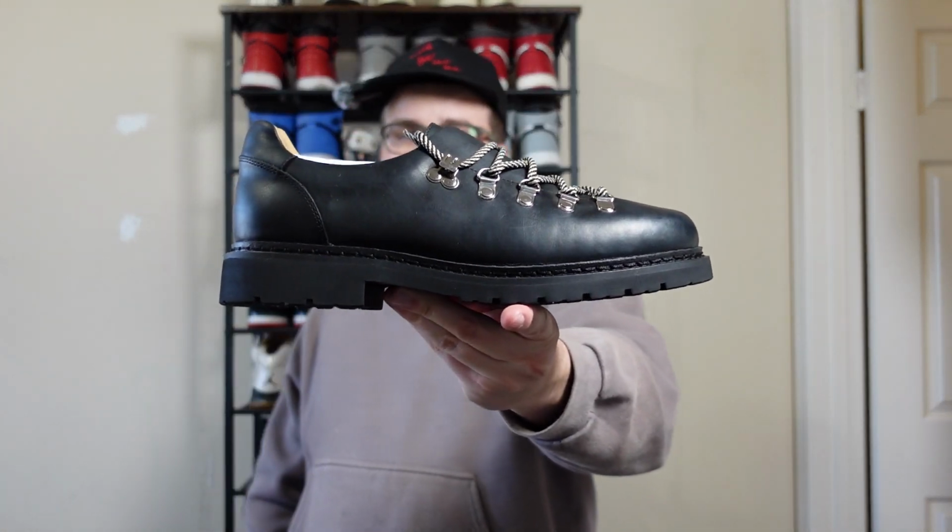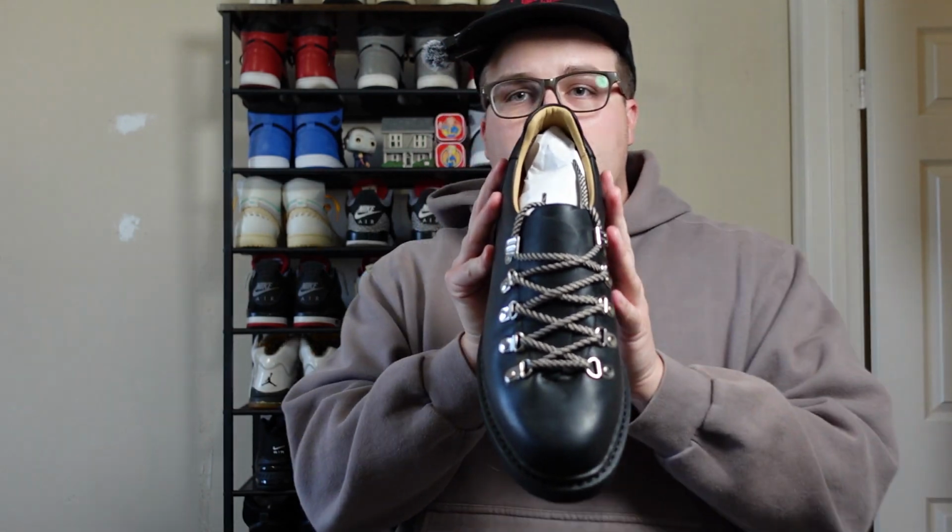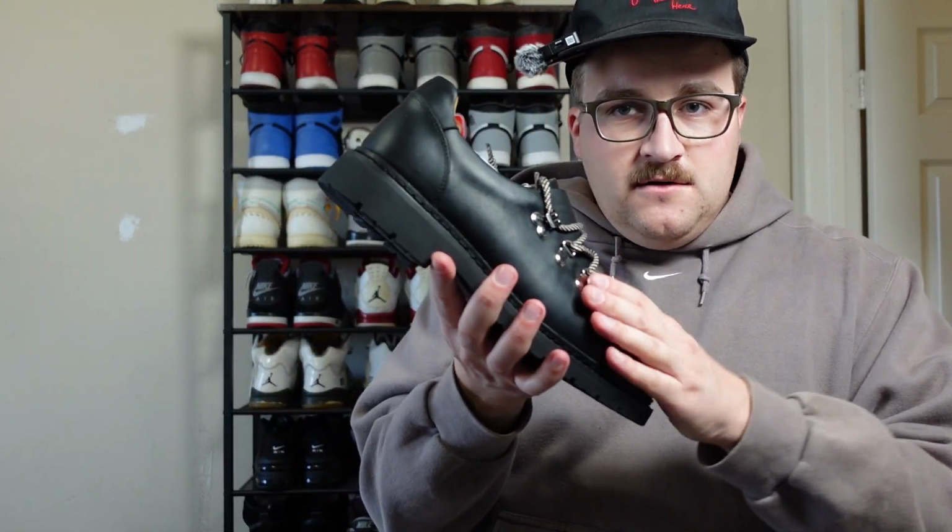Now we get into the bread and butter of what it is that we're here for, and that is the boot or shoe itself. Now, the concept of this shoe is supposed to be the boot mixed with kind of like a derby almost. I could see where they're kind of going with the derby with the pointiness of the toe box and kind of just the slimness of the shoe in general. I still would honestly say it's just a low top hiking boot, but that's what the page says on it. It's a derby boot. The quality of the leather is very...